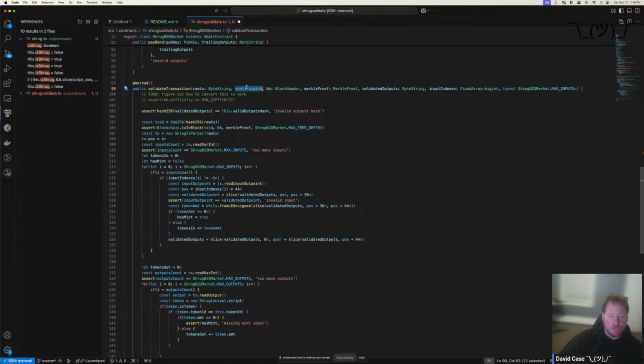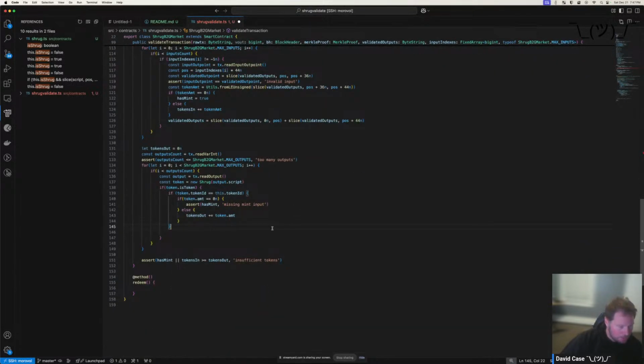The whole transaction. You have to validate the whole transaction to validate any one output. But we are only marking one of these as validated. So we're going to say